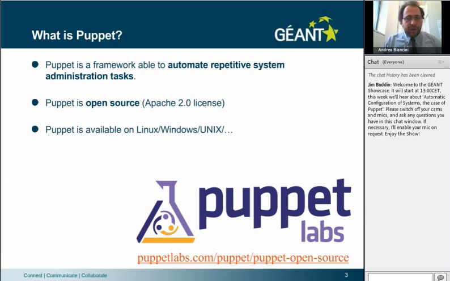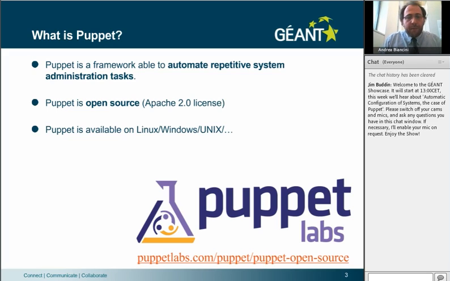Puppet is one of these tools and is able to automatize many repetitive tasks, and is a commercial software which has also an open source version. The open source version, which goes under the Apache 2.0 license, is a license that permits you to download and use the Puppet software mostly in all its components, but of course without any support from the Puppet Labs group. If you decide to use the open source version of the software, you will only have support from the community. This is, just for your information, the kind of version of software we decided to use in GÉANT, also to support production